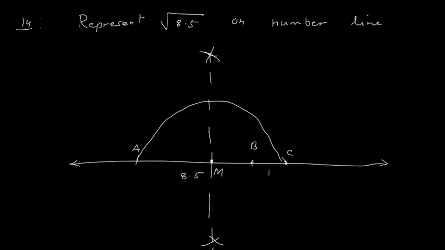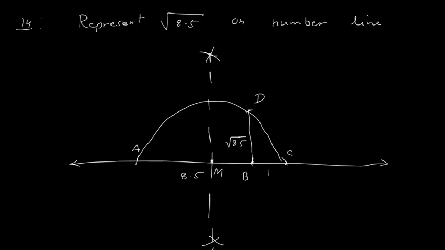Now at point B, I will draw one perpendicular. You know the construction of a perpendicular also. From point B, you draw one arc. On that arc, you cut 60 degrees, 120 degrees, and then you bisect 60 and 120 degrees. You will get 90 degrees, and that will be your perpendicular. Draw the perpendicular like this. It cuts the semicircle at some point, say D, since we have already taken A, B, C. Now this distance BD is our required distance, root 8.5. Justification they have not asked, so this is root 8.5.